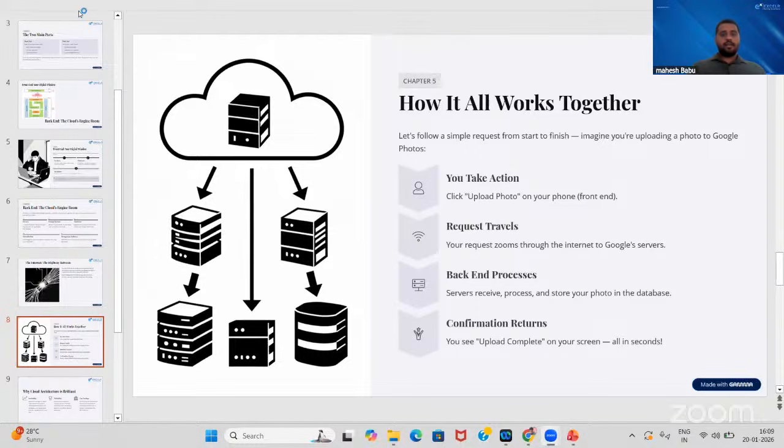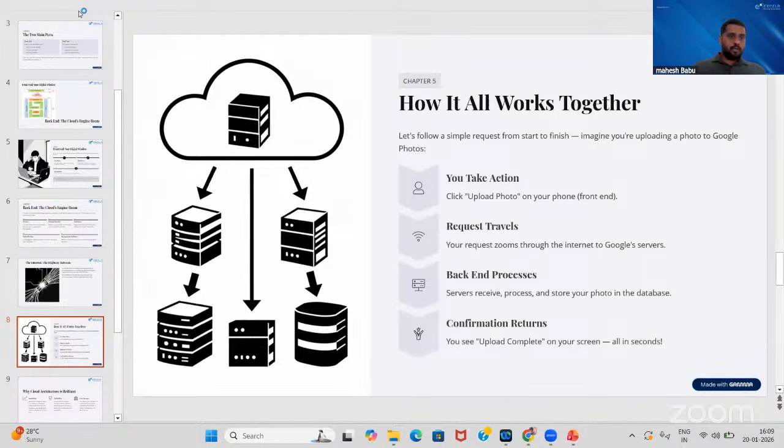So how does it all work together? Like I said very clearly, we'll have applications where they will be trying to collaborate together and manage things. You can access anything from the cloud provider, whatever resources you require, and that will be managed and maintained by the cloud provider. So how it all works together is what they have mentioned.